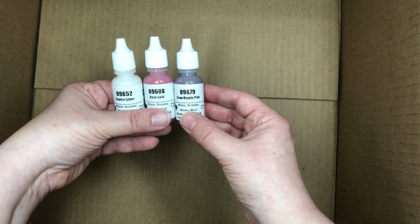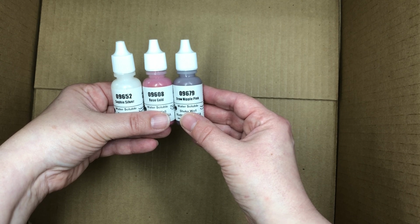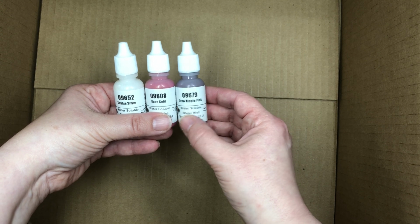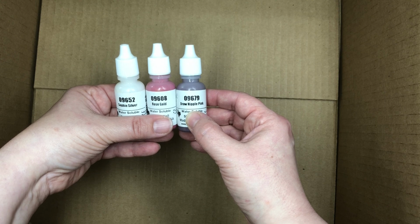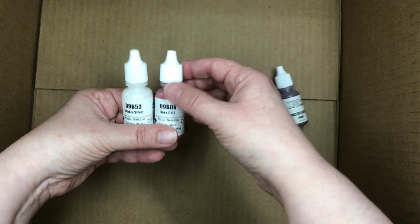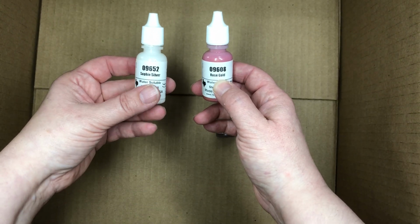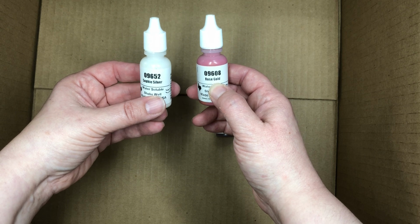I have a series up on my blog where I've been painting some succubi, and I wanted them in a non-human skin tone, and this color features prominently. It's just such a nice desaturated purple. Rose gold is a metallic color that I think was sold for a while based on some ReaperCon